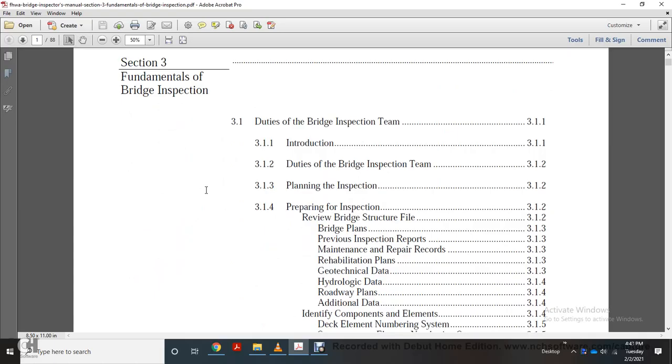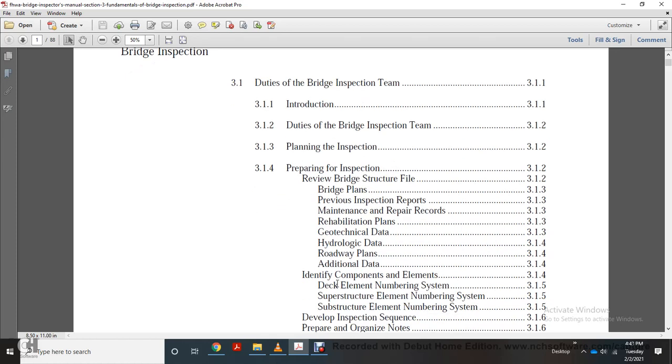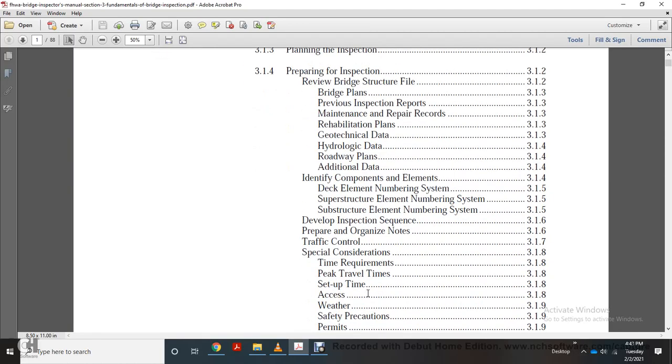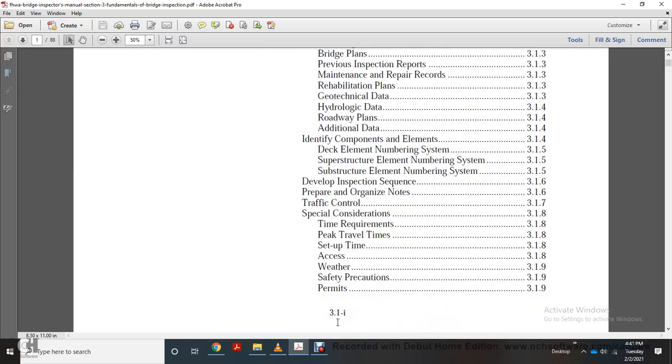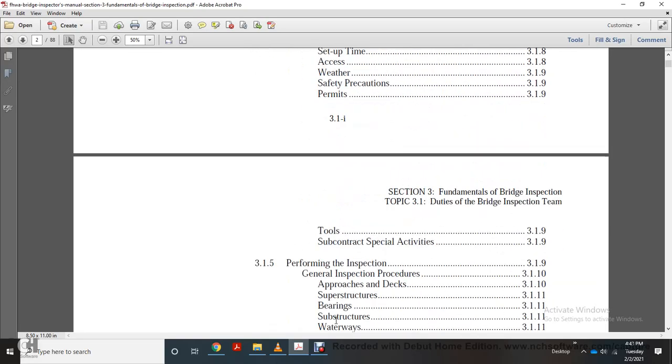Preparing for inspection. Review the bridge structural file, bridge plans, previous inspection reports, maintenance and repair records, rehabilitation plans, geotechnical data, hydrologic data, roadway plans, additional data. Identify components and elements: deck, element number, section, system, structure, element numbering system, substructure, element numbering system. Development of inspection sequence, pair organization, notes, traffic control, special considerations, time requirements, peak travel time, setup time, access, weather, safety precautions, permits, tools, subcontracting,